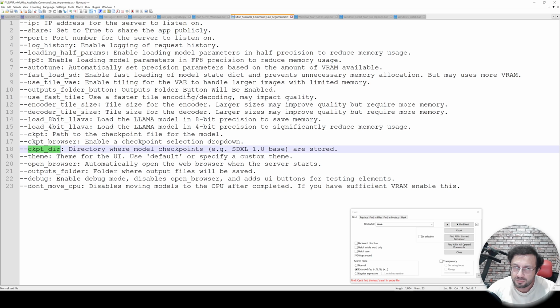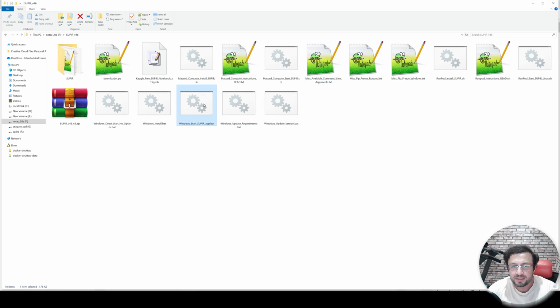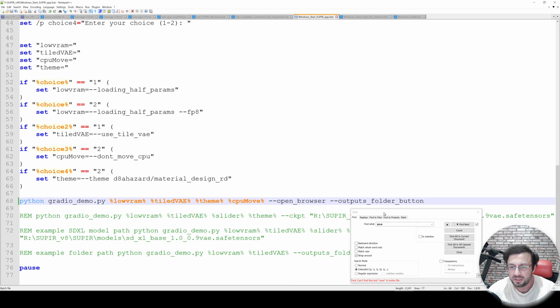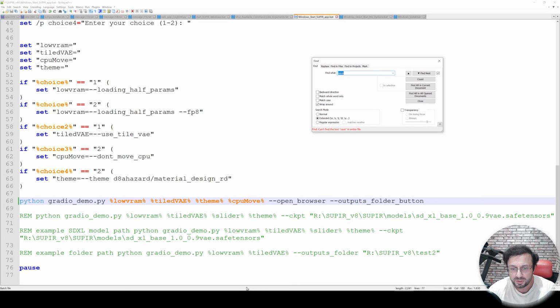So you can give a different directory to your start argument and use different directory. When you edit this Windows Start Super App, you will see the options here and you will see some examples. For example, with this argument, I am going to give this as a single checkpoint. Also, I can give model folder.